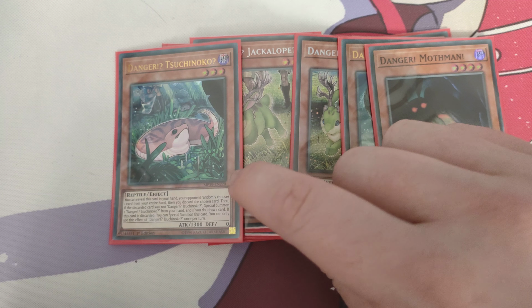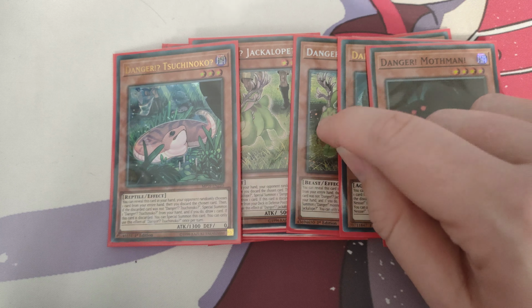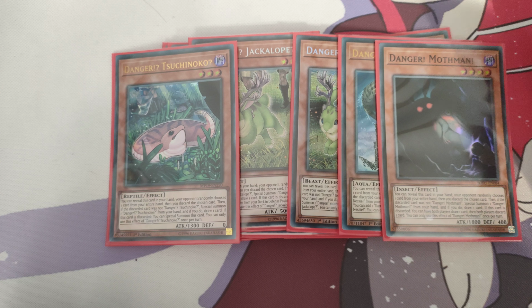Tsuchinoko will always summon itself. Danger Nessie will summon the Jackalope, and Mothman is basically the one you really do want to summon out of these. So, basically, Danger Mothman is, because it's level 4, it gives you the rank 4 access, so you only